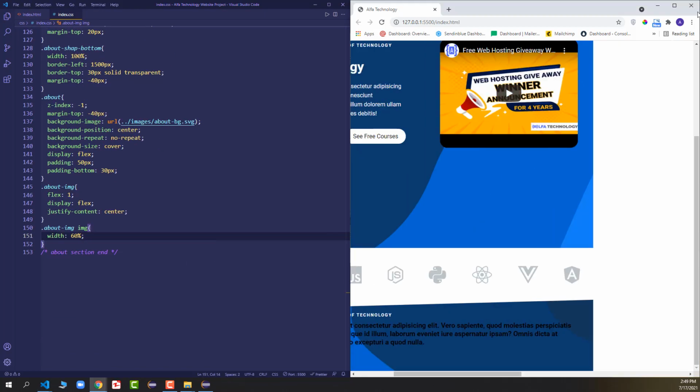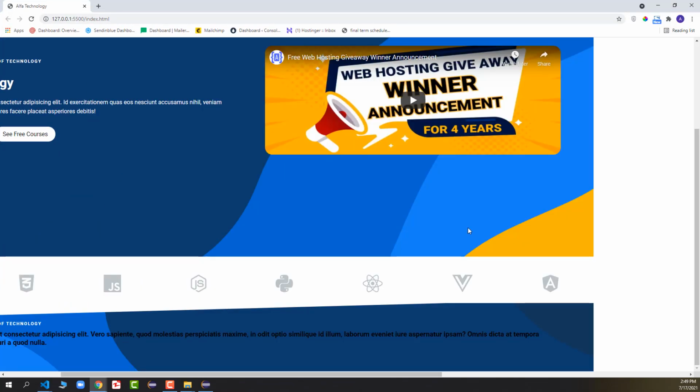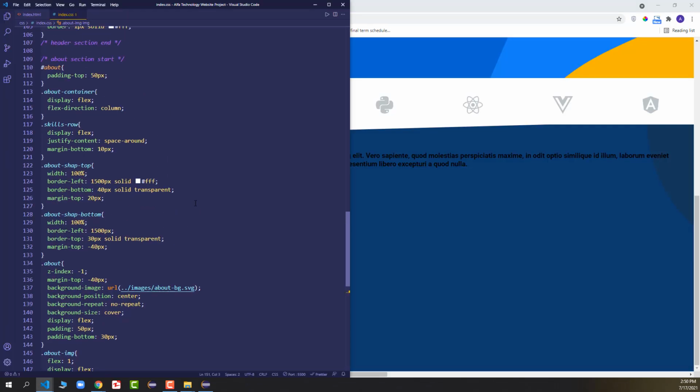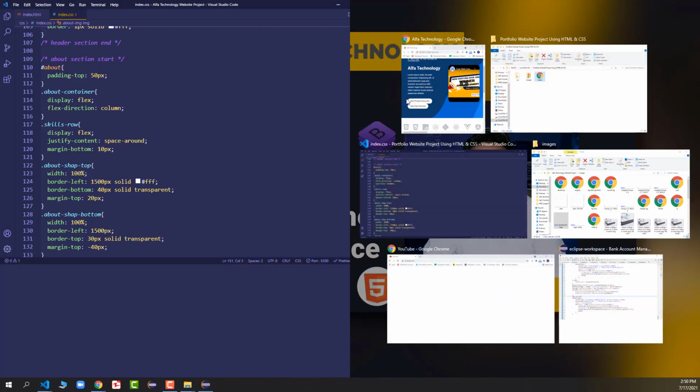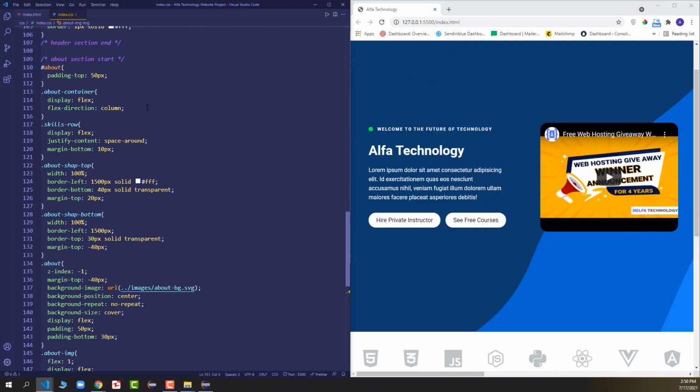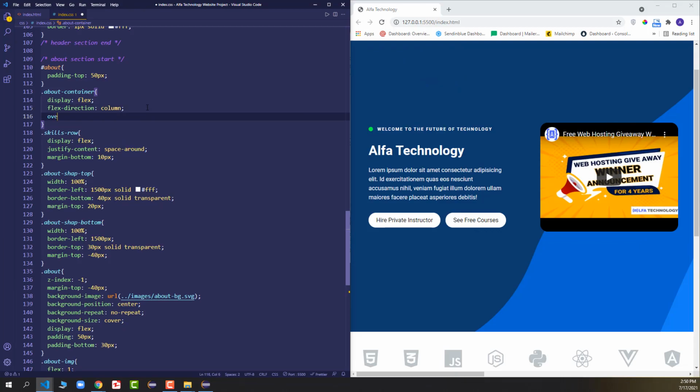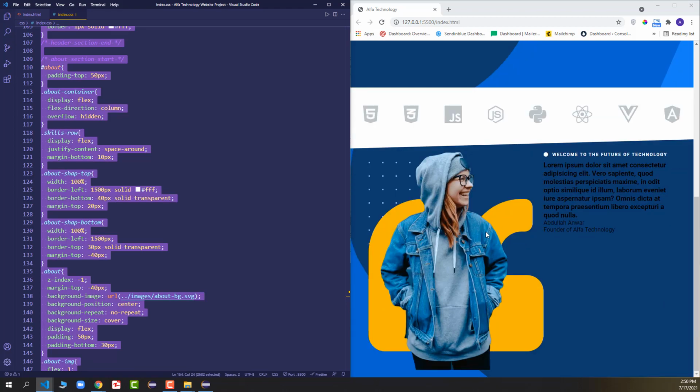Now you can see we got a horizontal cursor, which is not great for us. So I will go at the top, and as I told you earlier that we will add the overflow hidden. Overflow hidden will work for us. So you can see we got a horizontal cursor because of the large images. So to avoid this overflow, we will use the overflow hidden property. So in the about container I will add overflow hidden. Now you will see the horizontal cursor is gone, and we got the image as well.